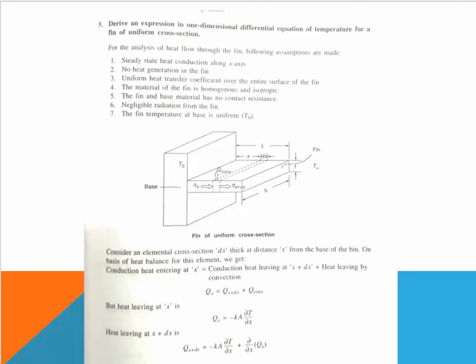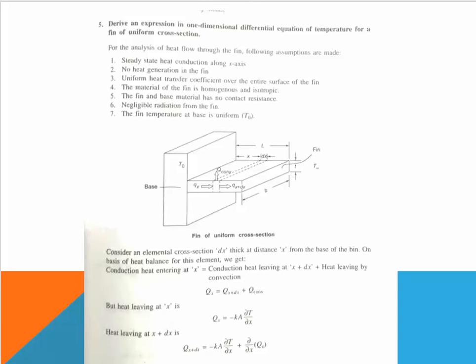The small portion that is taken will be dx, the overall length of the fin is taken as L, the thickness of the plate or fin will be taken as small t, the temperature of the surroundings will be taken as T infinity, and the base or the length of the fin will be taken as B. Now consider an elemental cross section of thickness dx at distance x from the base of